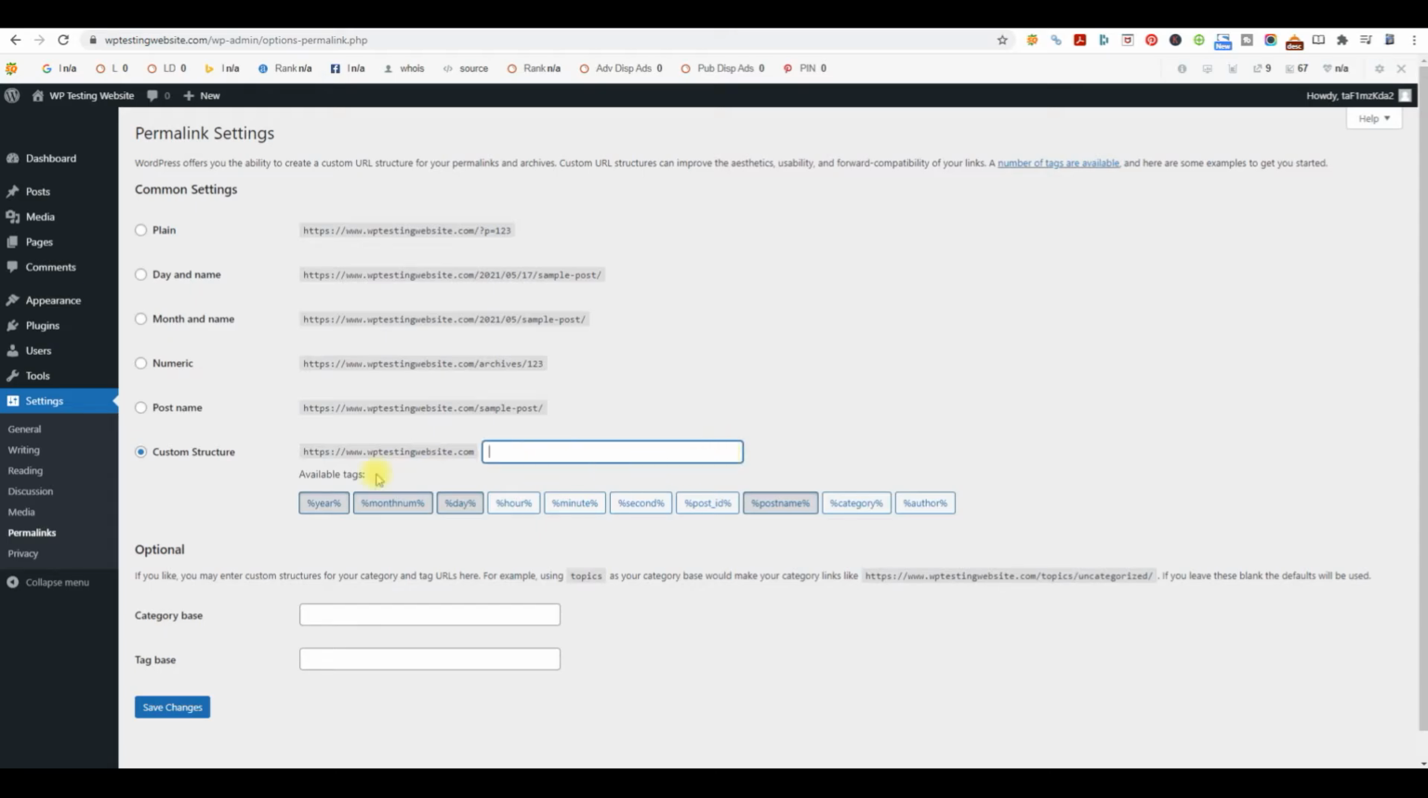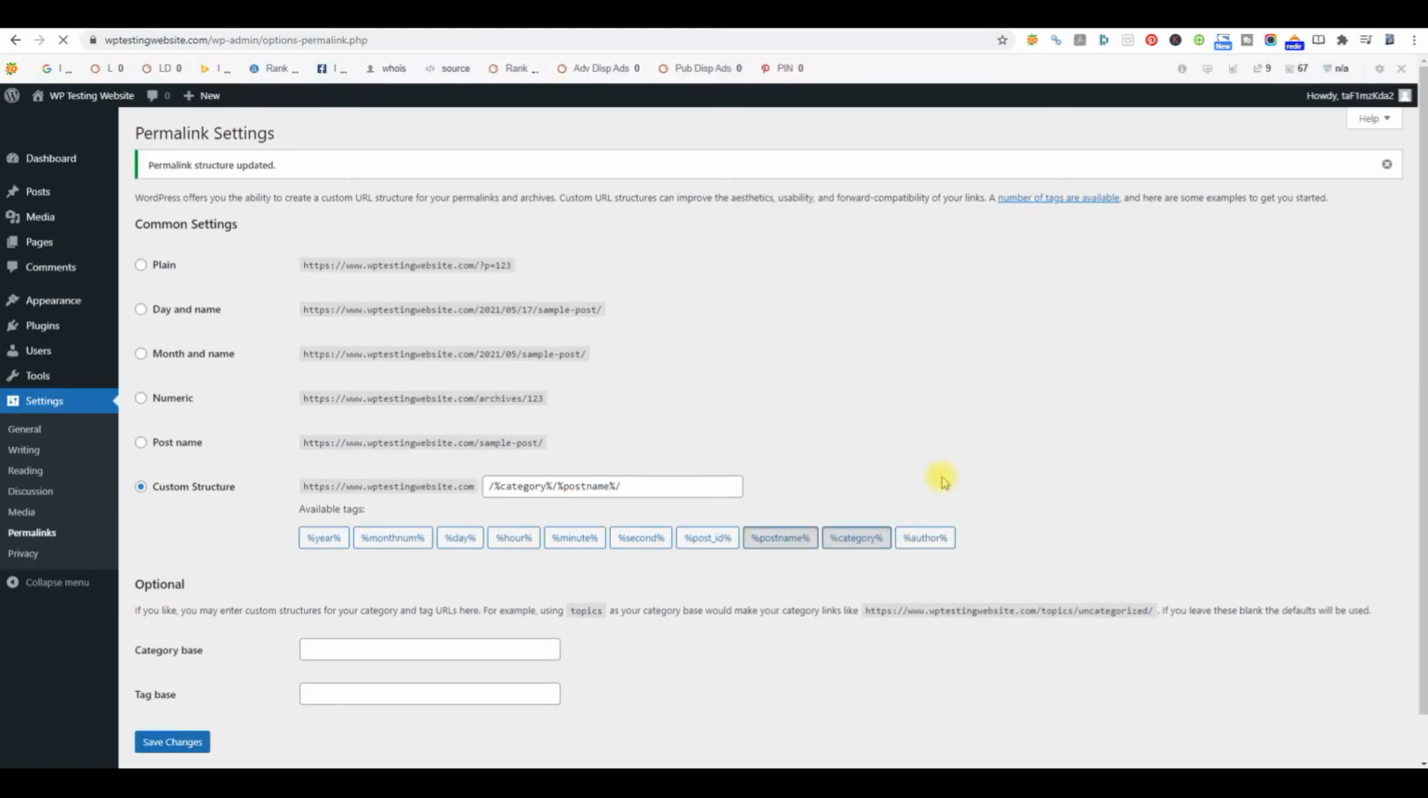So what you're going to do is, you see right here, you can just click on these. First I want you to click category, and then click on post name. Then we click save. So what that does now is, let's say you create